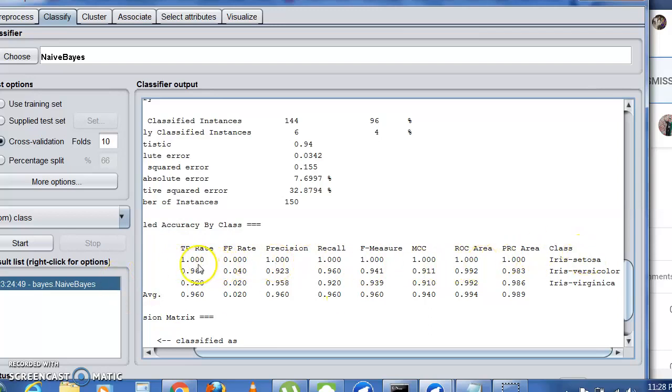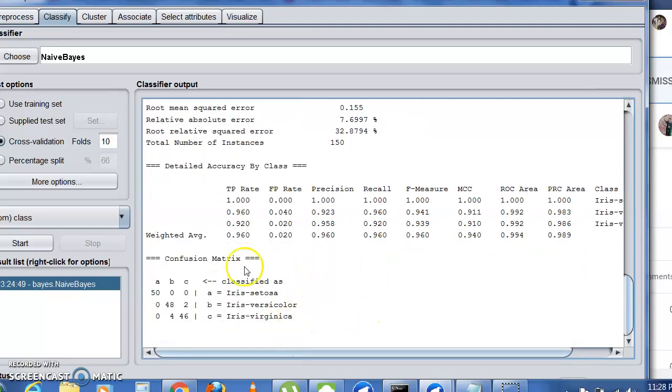The TP rate is 1, the FP rate is 0, and the precision is 1. Since it ranges from 0 to 1, 1 means Iris setosa is properly classified. Whereas in Versicolor you have a few incorrectly classified instances, and for Iris virginica also. And then finally you get a confusion matrix.